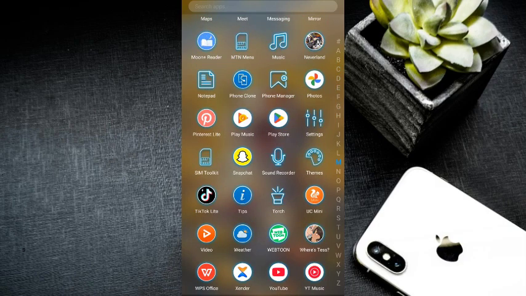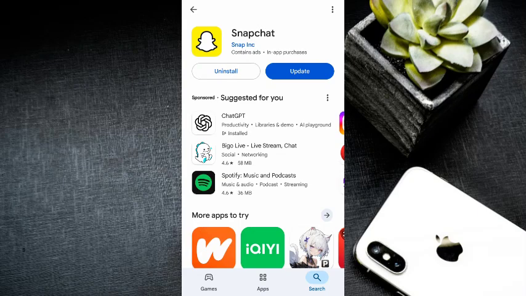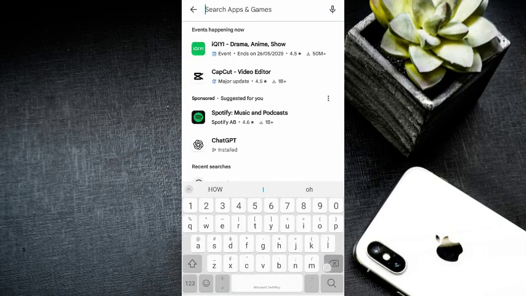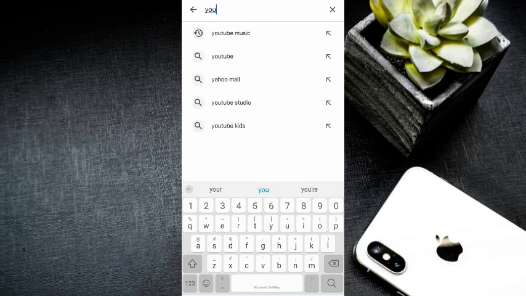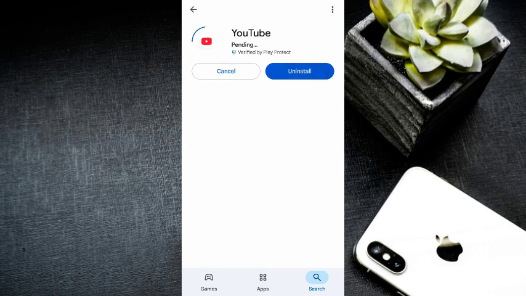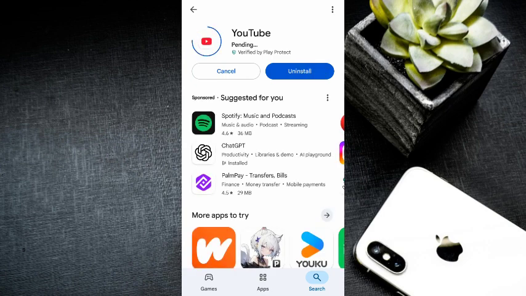So you go to Play Store and you search for YouTube. You will find YouTube, and as you can see there's an option to update, so I'm going to try updating it. Make sure you have space on your mobile device before trying updating. So once it is in,